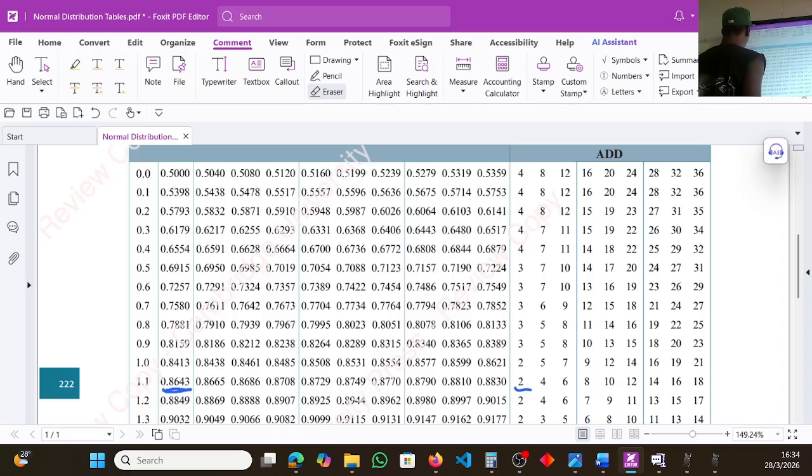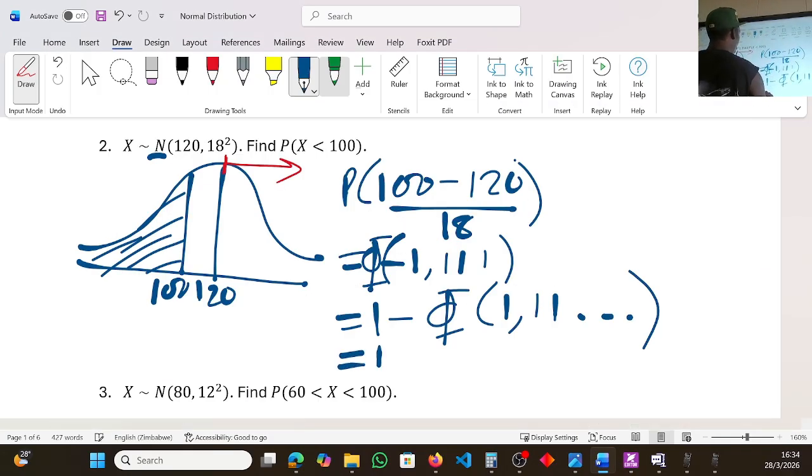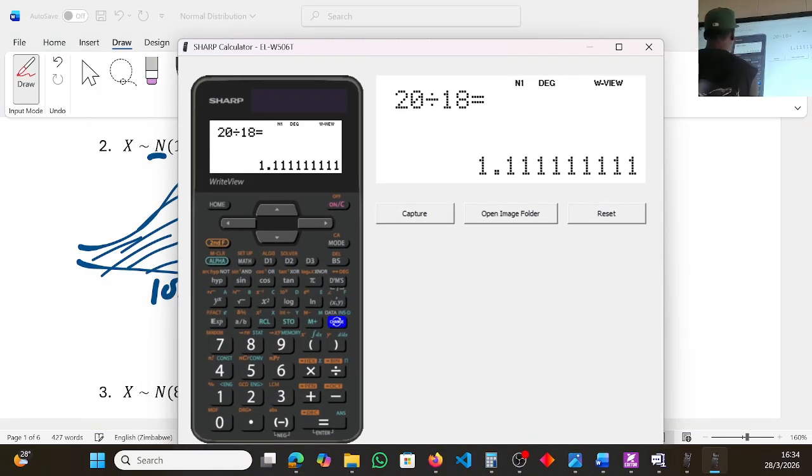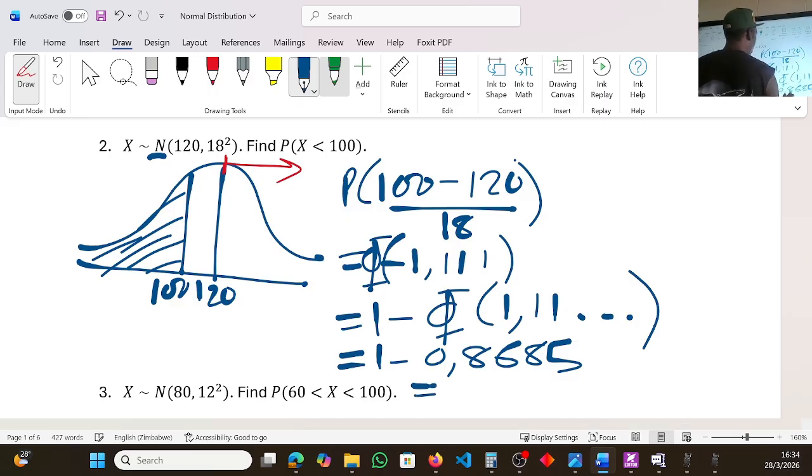So remember, we've got 0.8643, but this, according to decimal, is as good as 0.002, because here I've got 4 digits after the comma. So in reality, it's 0.8645 when I add this. So 0.8685. Let me come back and say that this is equal to 1 minus 0.8685. And when I bring the calculator, it's 1 minus 0.8685, giving me a probability in decimal of 0.1315. So my final answer here is